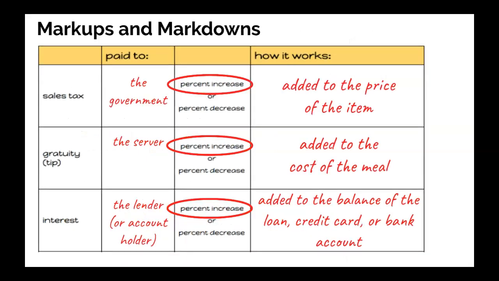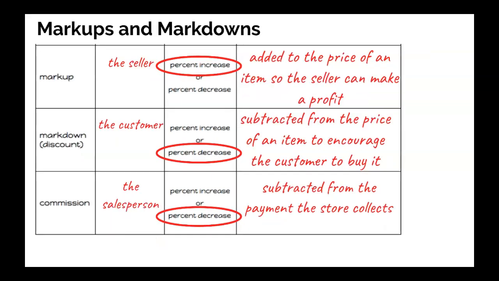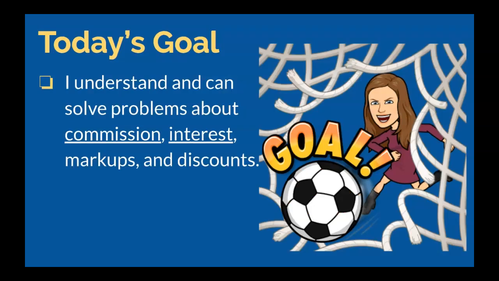I want just to point out that this chart is in your packet. So if you're ever forgetting some vocabulary, what they mean, this is at the end of lesson 11. So you can refresh on sales tax, gratuity, interest, markup, markdown, or commission. Gives a little bit of an overview of that. All right, I hope you're finding yourself to be pretty comfortable on real-world applications that are used with